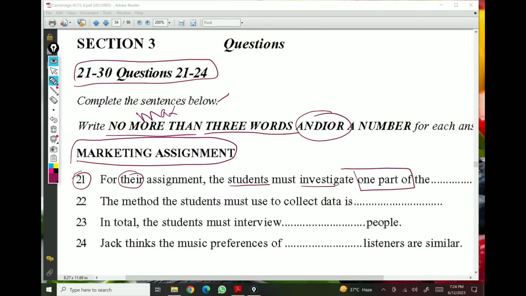Section 3. You will hear 2 students, Jack and Lucy, discussing a marketing assignment they are working on together. Lucy, we really need to get working on this marketing assignment. We've only got 5 weeks left to the end of term to design it, carry it out, and then write up the results. Sure. Well, let's get started right now. Let's go over the instructions. What exactly do we have to do? Well, it says here we have to look at one area of the entertainment industry. There's a list of the different...